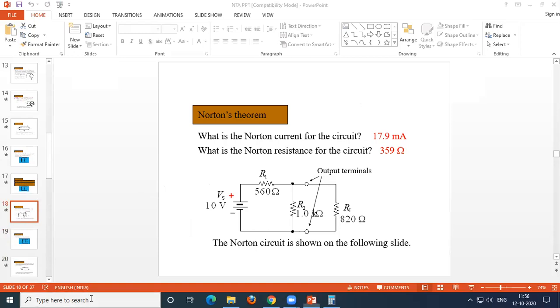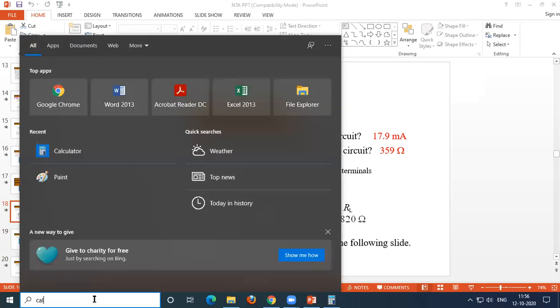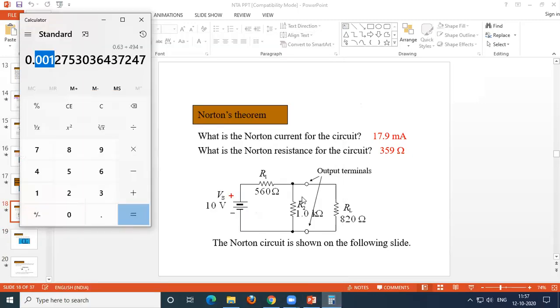we use the calculator. How are we able to find that short circuit current? Here current is nothing but voltage divided by resistance. The voltage is 10 volt, and the resistance is 560. So why don't we put the 1 kilo ohm? Because when we short circuit the two terminals, that resistance also gets shorted. We have removed RL, and we are calculating the Norton's current. The two terminals get shorted, so that 1 kilo ohm also gets shorted.